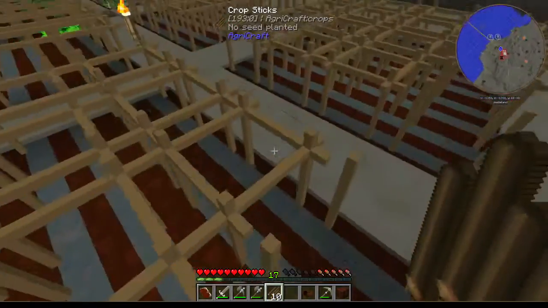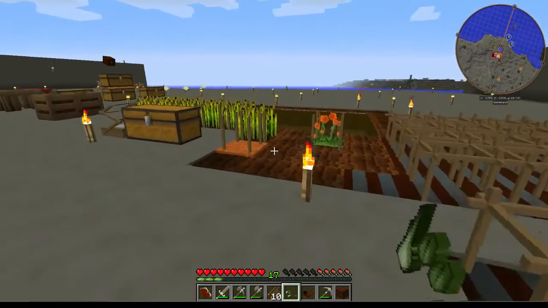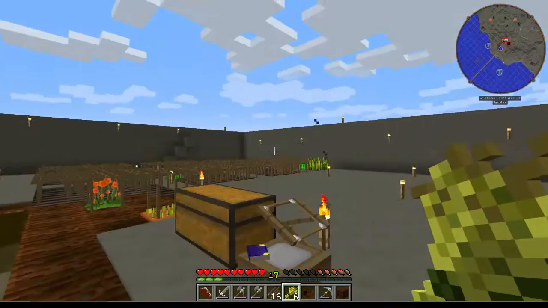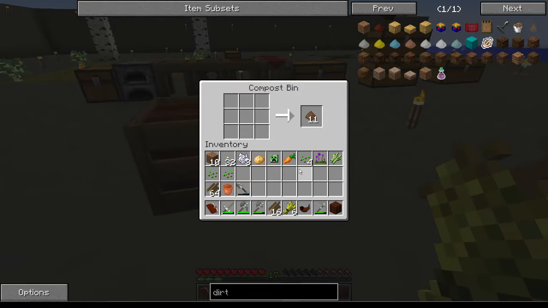I'll check, but I'm pretty sure you can't put sugarcane seeds on garden soil. No, it still has to be sand. Garden soil is special, but it's not that special. We'll get rid of the rest of these, and I will fix my mistake there for being stupid. These are probably all 111s. Yep. And I'll fix my stupid mistake there